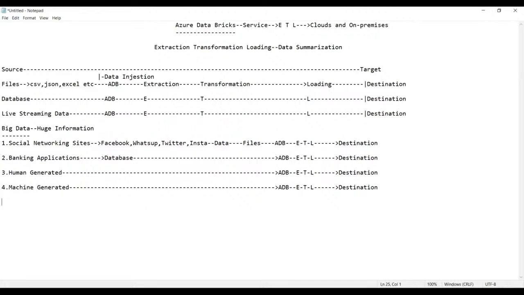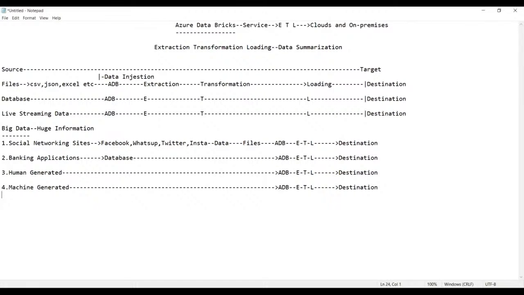Live streaming data is nothing but just like the stock market. You'll be getting the stock market data. Okay, leave the stock market, guys. Live streaming data is more similar to a cricket match. We all must be watching the matches, am I right? In that you will have a live score. Live score is called live streaming data. Getting my point? Anyways, we can capture even the live streaming data and perform the job here.